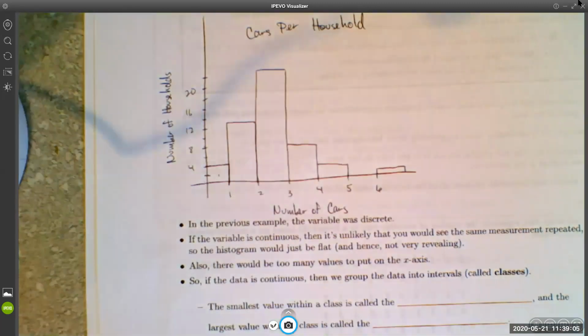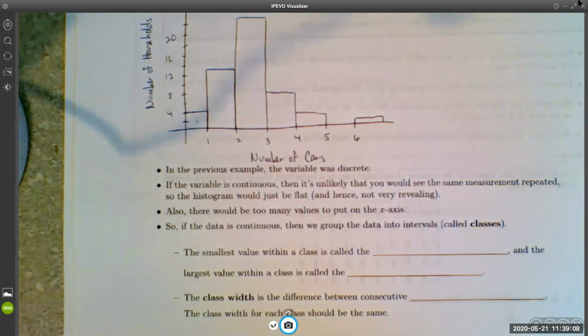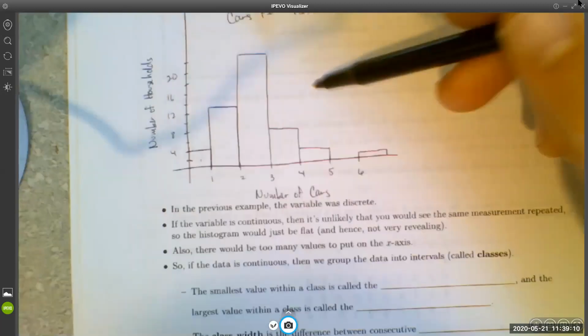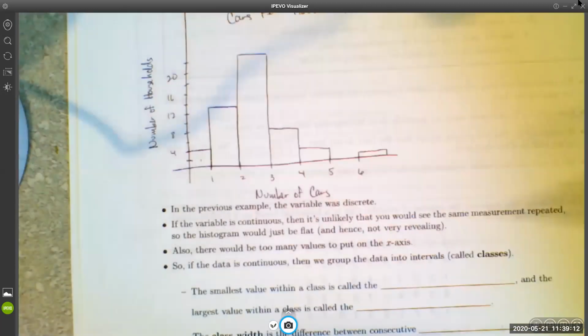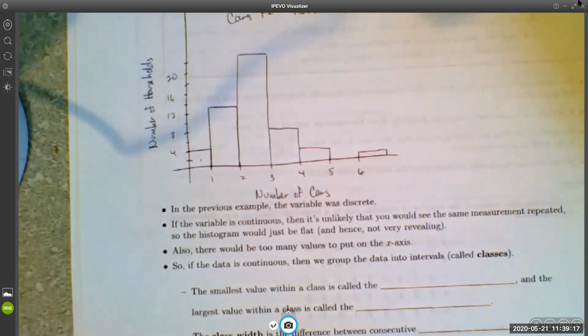And so if you have a continuous variable, then you're not going to get a nice picture like this when you build the histogram unless you group the data into intervals, right? So you group the data into classes. So instead of